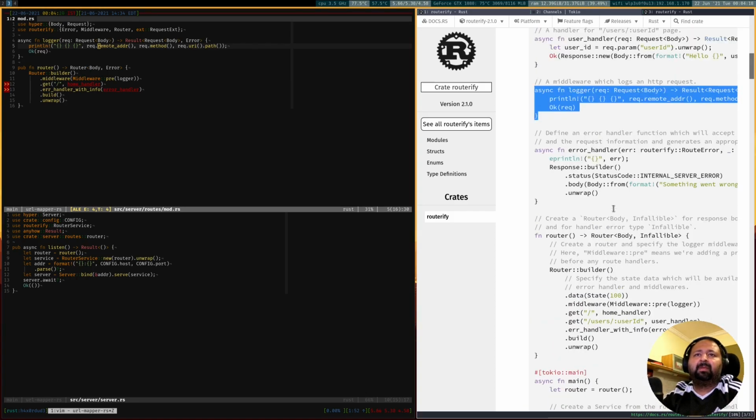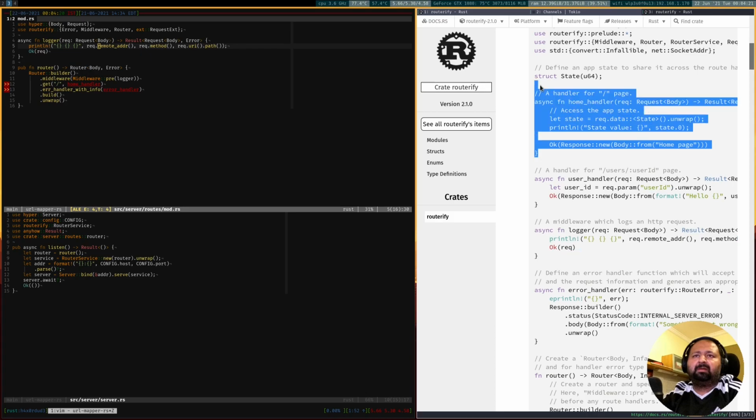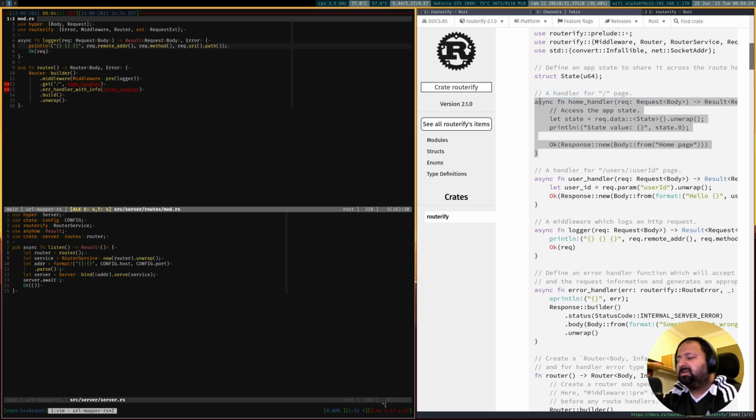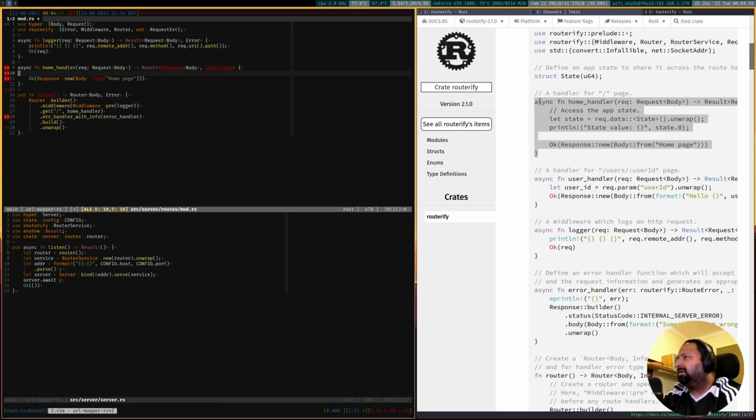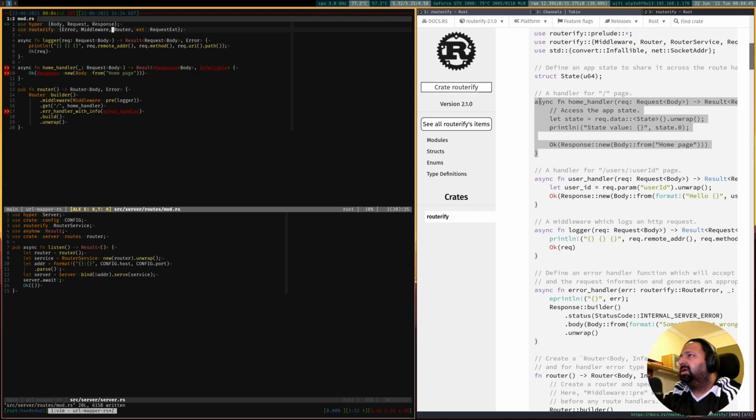Okay. Let's do that. Let's copy stuff first. Right now, I don't want to really do anything with state, so I'm going to ignore the request because I'm not really going to use this at all. We also need to import a Response, and then I'm going to use Error instead of infallible. Let's also use a more appropriate response message.